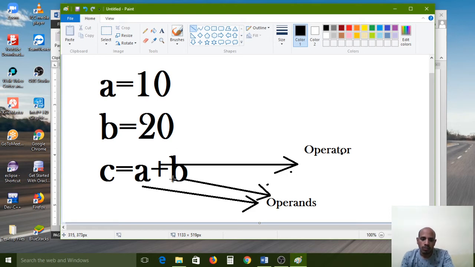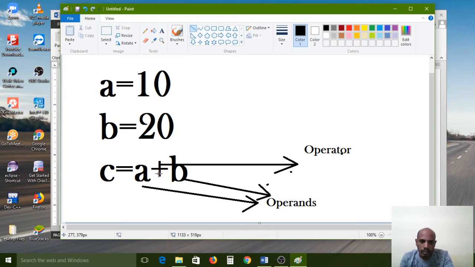Now understand what an operator is and what the operands are. An operator is a symbol. It can perform any mathematical operation or any logical operation. So that is called an operator. But an operator should work only with operands.